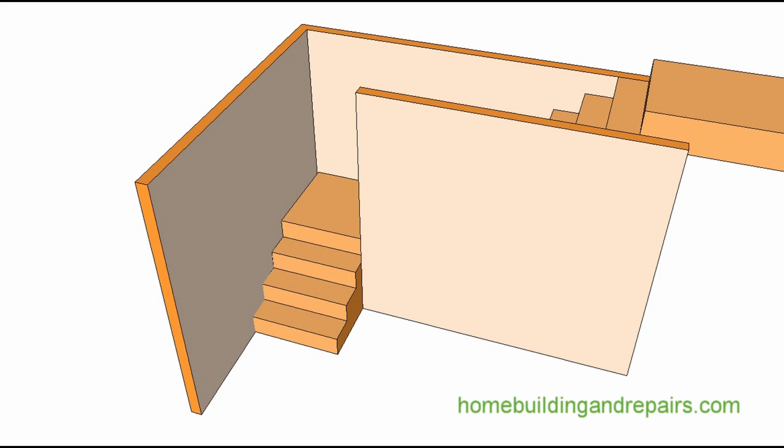And you could always add another step. So instead of having 3, you could always have 4. If you're redesigning the stairway and you have the room, you don't have any obstacles in the way, then you can put as many steps in as you want